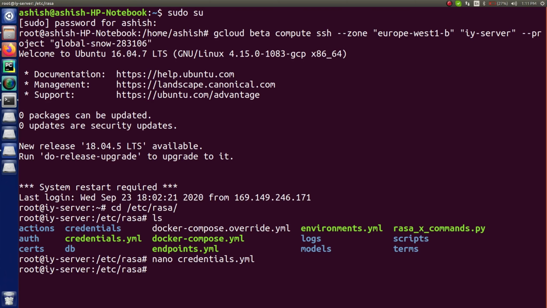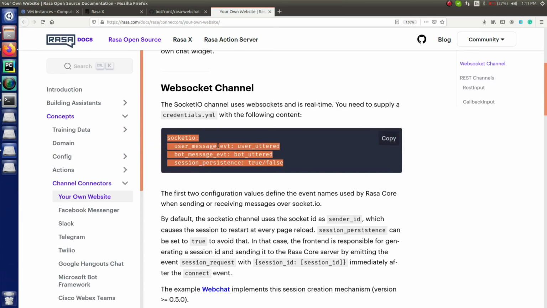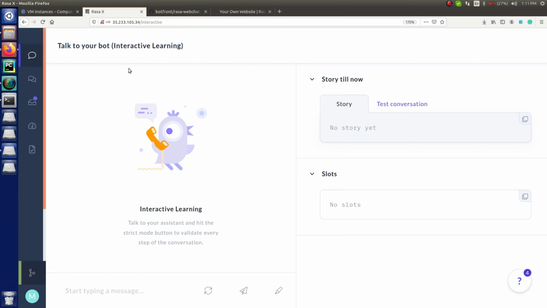Alright, so this is what I have done. I have saved it, and once we are done with this part, now it's time to have a website where we actually want to connect your Rasa chatbot to, because as you have seen in the previous session, we have already made your Rasa chatbot live, which means your Rasa chatbot is active continuously every time, and you don't have to do any deployment part.